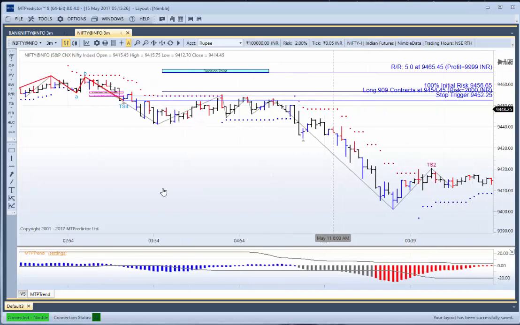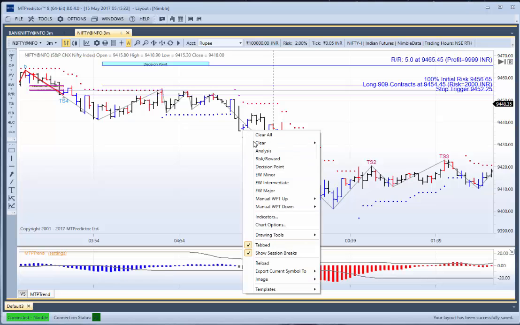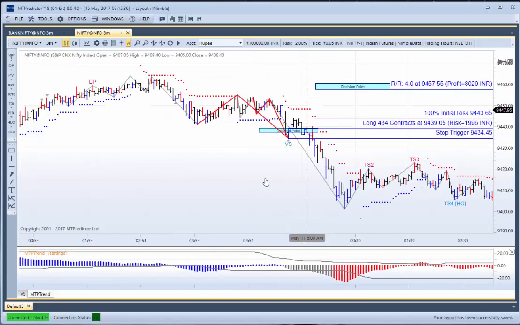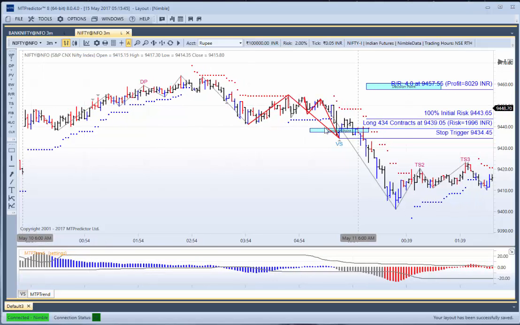Remember, losses can and will and do happen. The market then came back down. There was another trade setup here. Again, this one would have been a losing trade. So the day before, i.e. May the 11th, on the 3-minute Nifty, you'd have had some potential trades that you'd have avoided. Then you'd have had 2 losing trades. So that whole day would have been a losing day, but the whole day would have only been minus 2R.